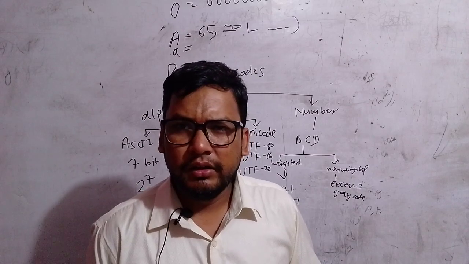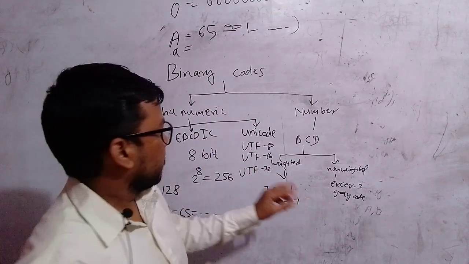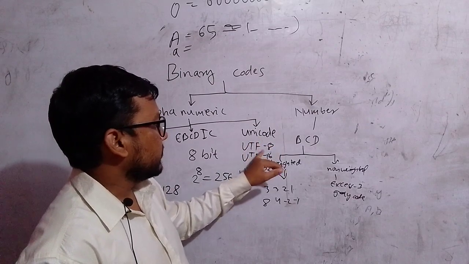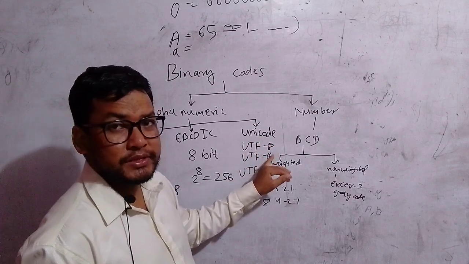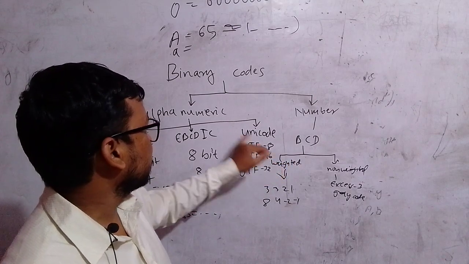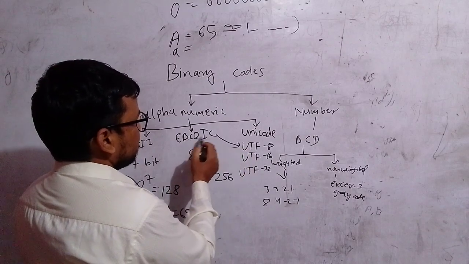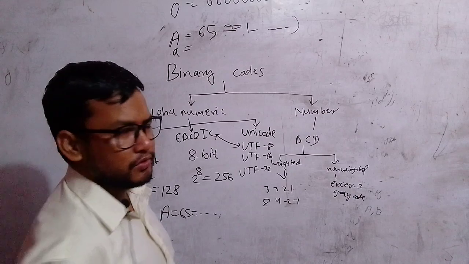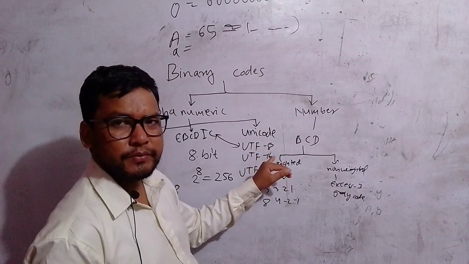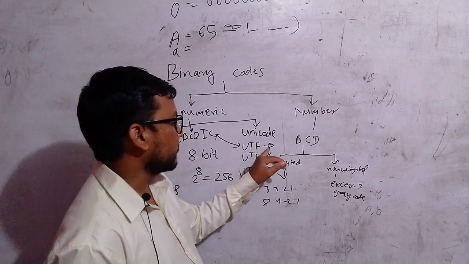Almost all alphanumeric characters Unicode can store. That means Unicode has various forms, such as UTF-8. That means 8 binary bits are used to represent an alphanumeric character. Its capacity is the same as EBCDIC because both use 8 bits. Most programmers use this UTF-8 format because it can contain all of the programming symbols.